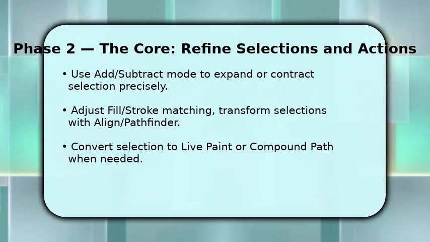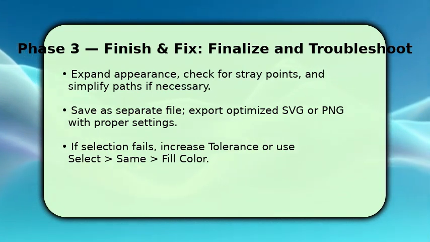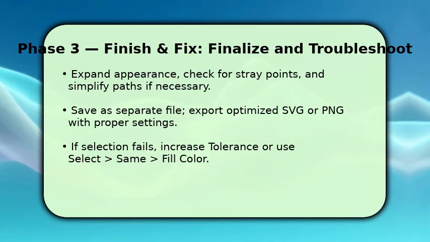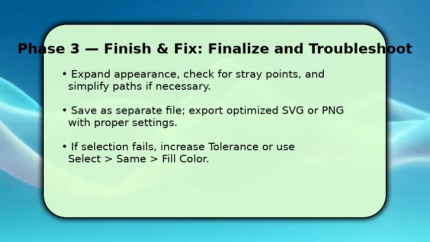a smooth workflow. You finish by expanding appearances and simplifying paths to reduce anchor clutter, then inspect for stray points and correct joins. After cleaning, save a working copy and export optimized assets as SVG or PNG with the right